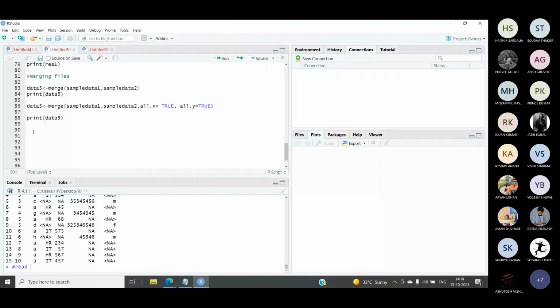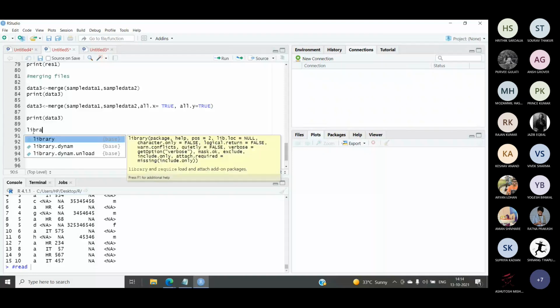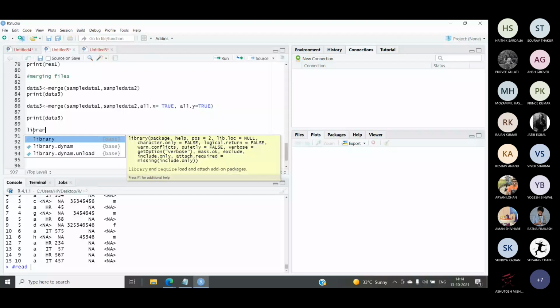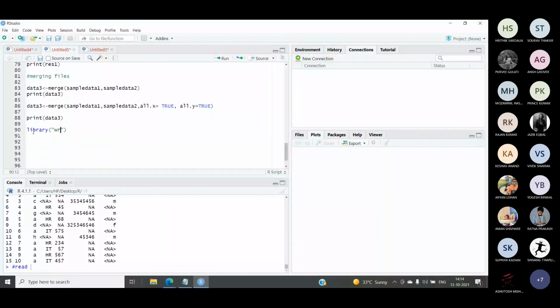So for that, firstly you need to import the library, and the library function in this case will be write Excel. Sorry, firstly we will install the package for write Excel.